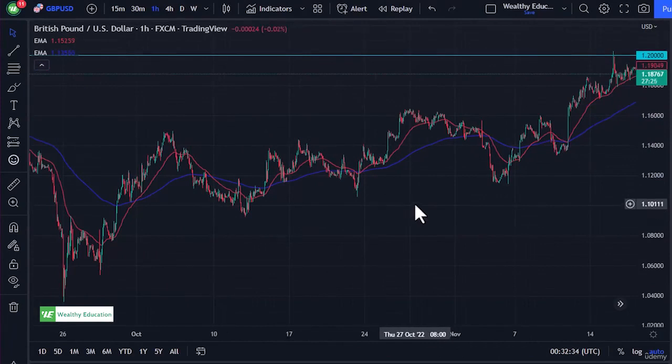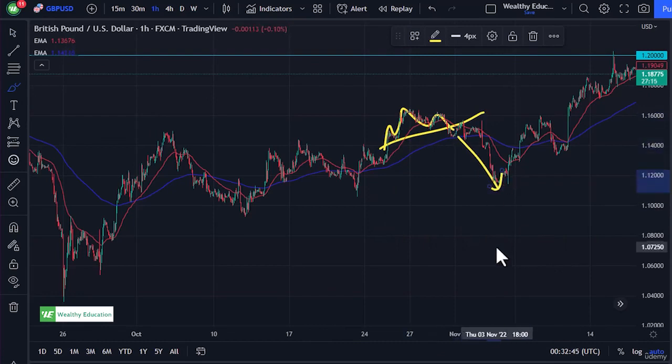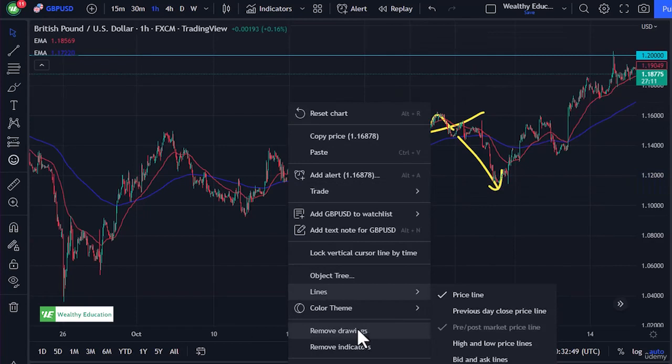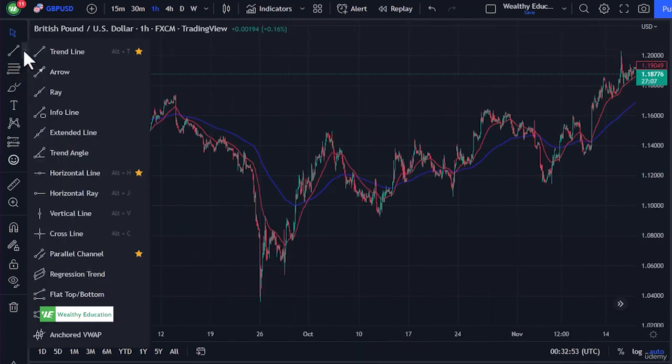Now, remember, we had talked about this previously about how head and shoulders don't have to be perfectly level, and this one wasn't, but you can see we definitely took off. So question here is, was there anything else to make us think about selling? Well, yeah, I mean, you've got